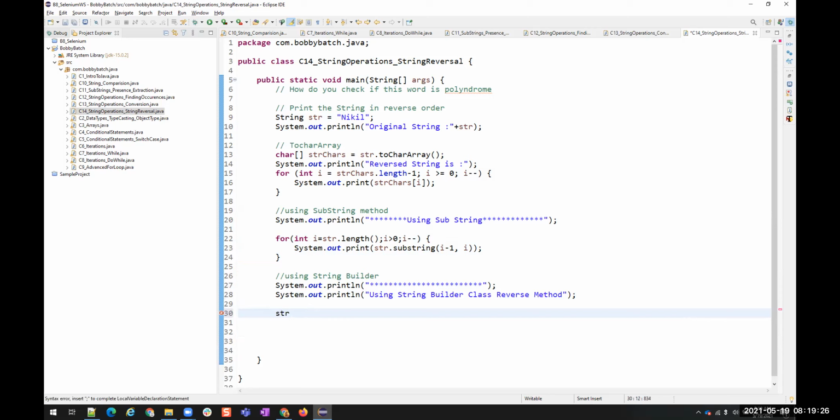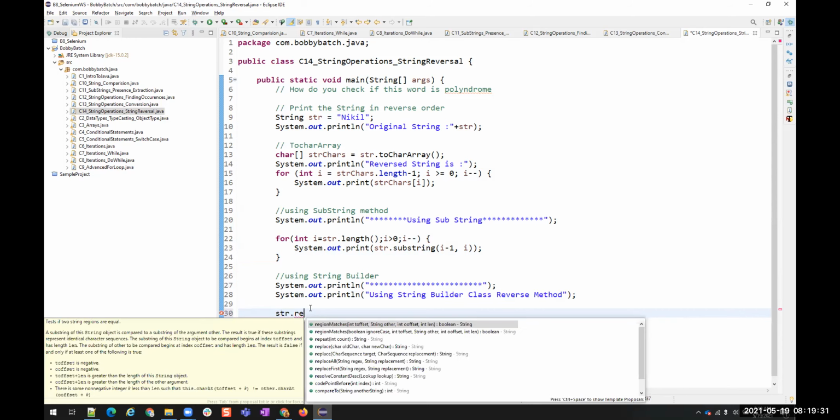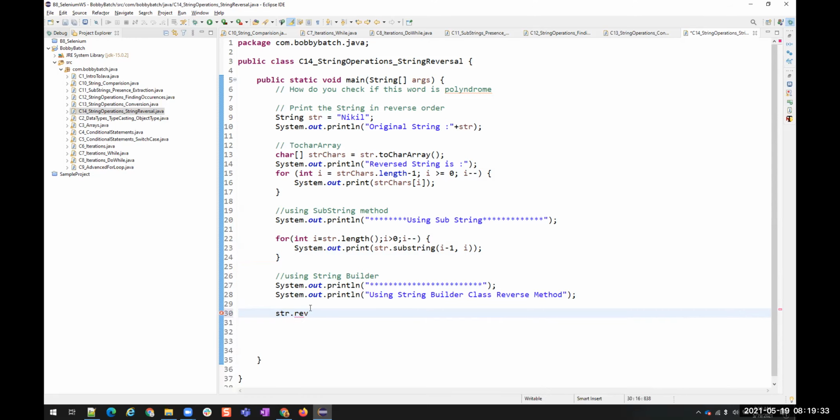Okay. So in the string class or in string variables, do we have any method like reverse? There is nothing, no default method, right? So that is why there is another class in Java called the StringBuilder class. StringBuilder strBldr equals new StringBuilder.